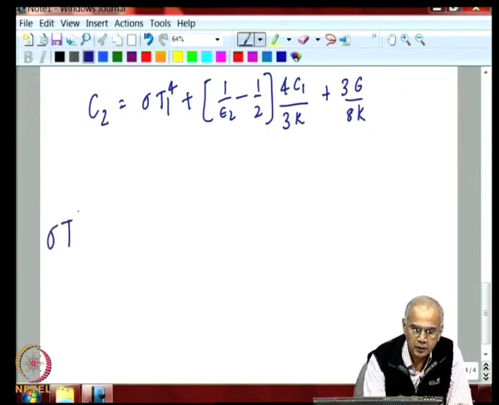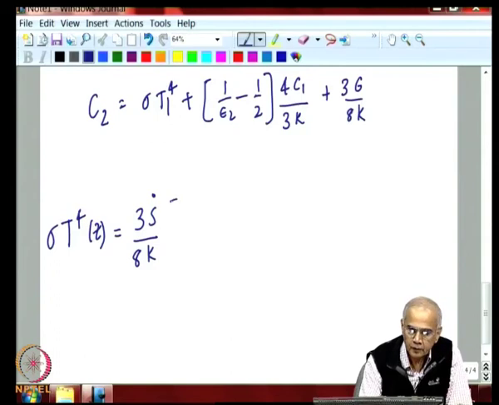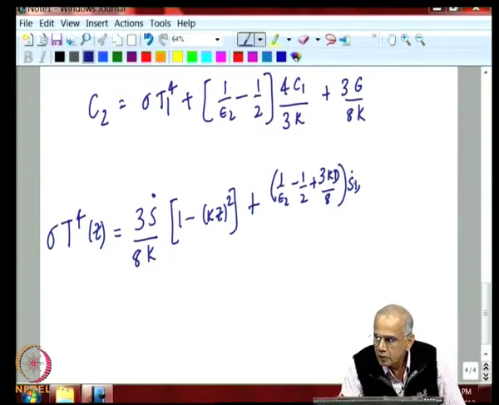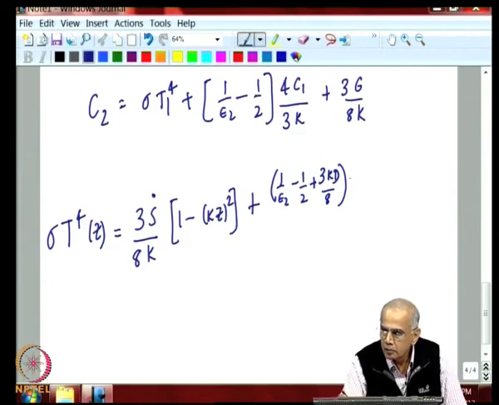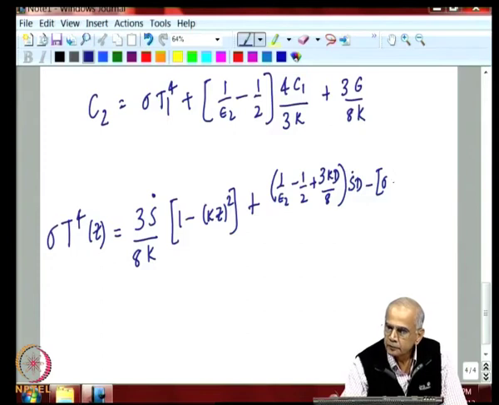So, that will come out as sigma T to the power of 4 as a function of Z is equal to 3 S dot by 8 K into (1 minus K Z) the whole squared plus 1 by epsilon 2 minus half plus 3 K D by 8 into S dot D minus sigma T1 to the power of 4 minus sigma T2 to the power of 4